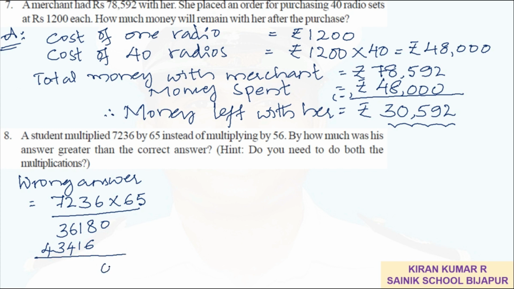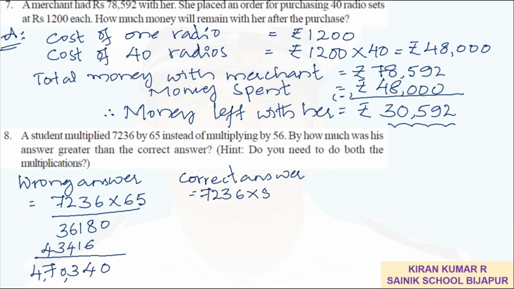I'll be getting 4,70,340. This is the wrong answer. Now, instead of 65, if it was taken as 56, student would have got the correct answer. Let me find out the correct answer. The correct answer was supposed to be